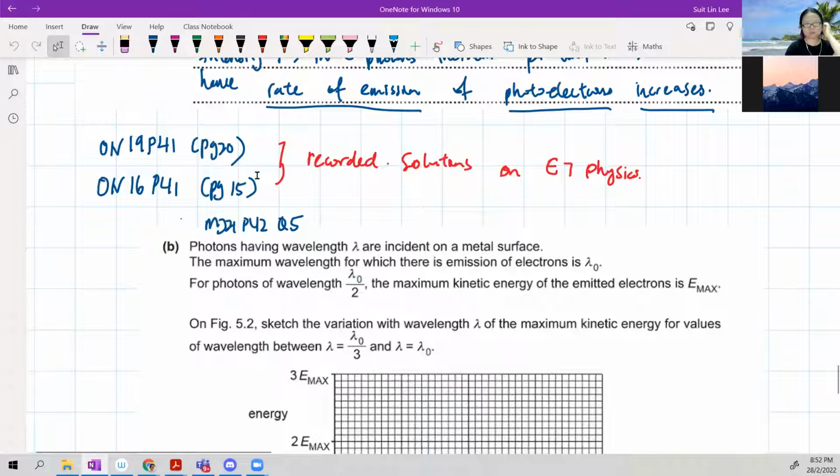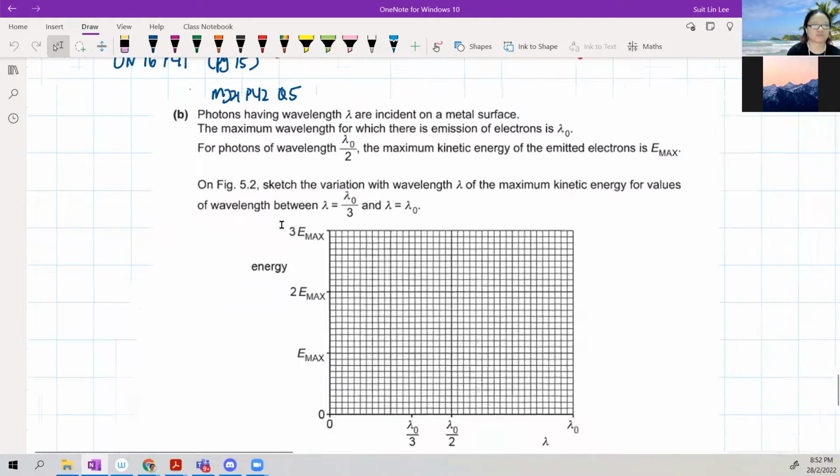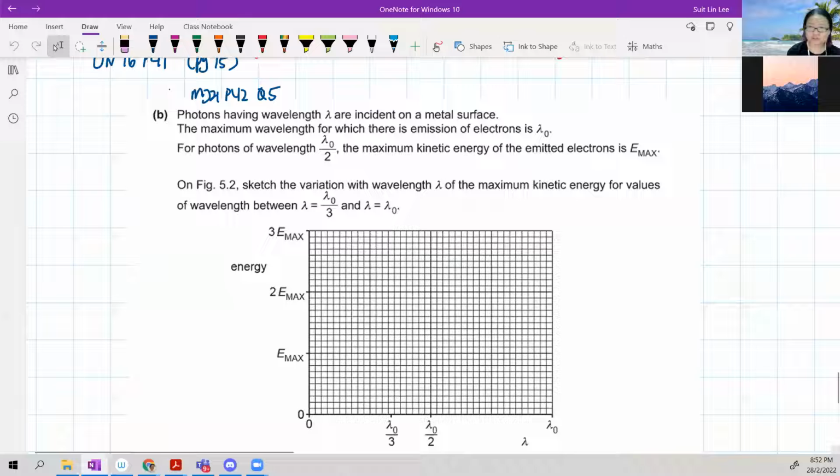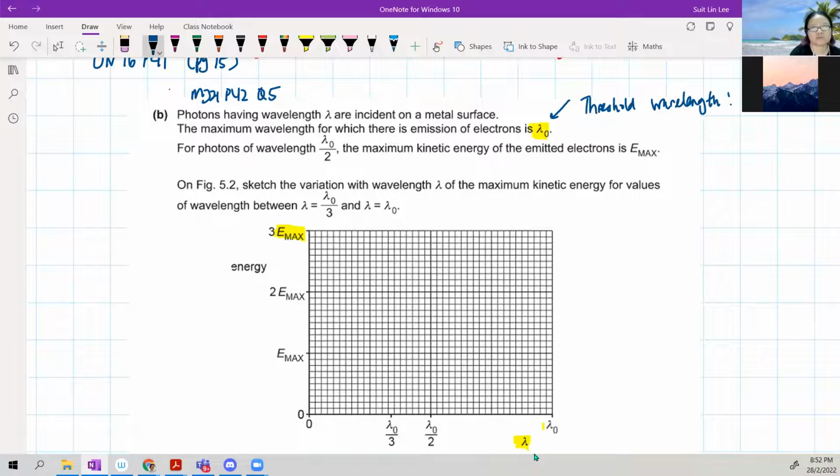Not sure if you took them down, but I also asked you to sketch this graph based on the photoelectric effect. This question is not really a photoelectric effect question. It's more of a maths question. They're asking you to sketch a graph of Emax, the maximum kinetic energy, against lambda. This is your axis. Lambda naught is your threshold wavelength,